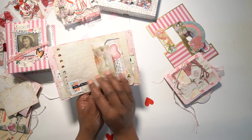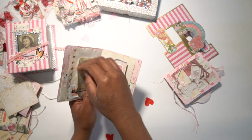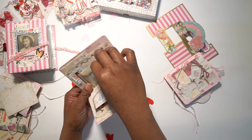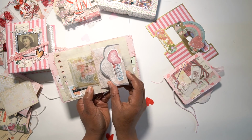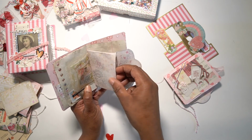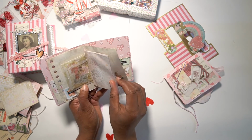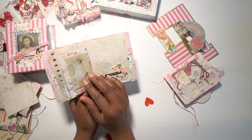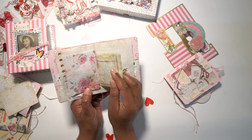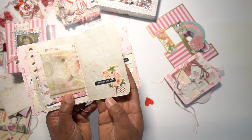and I just love that. Clusters here, a pocket that holds a few vintage postage stamps inside, an envelope that's in the middle of the journal itself, and I see I didn't put anything inside there, but I'll put something inside there before I send it off, as well as for this. And then this beautiful page here,